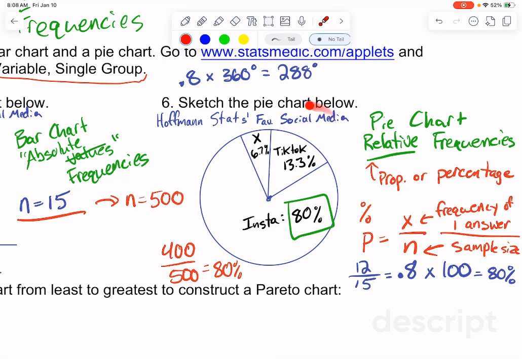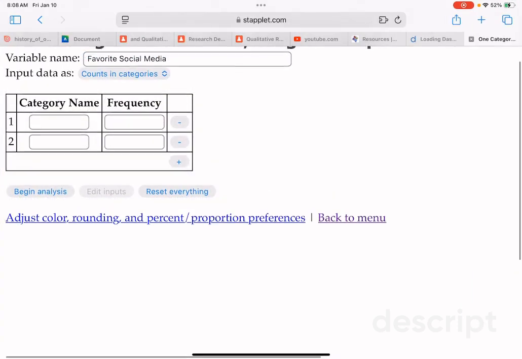So we are not going to make pie charts by hand in this class. We're going to see pie charts a little bit, probably not dwell on them too much, but it's just simply not worth all the effort of getting the protractors out, trying to make all those. Instead, we're going to tell a computer to do it.